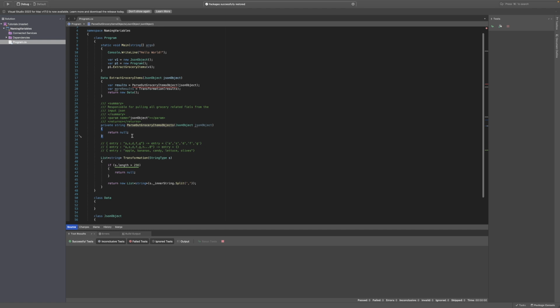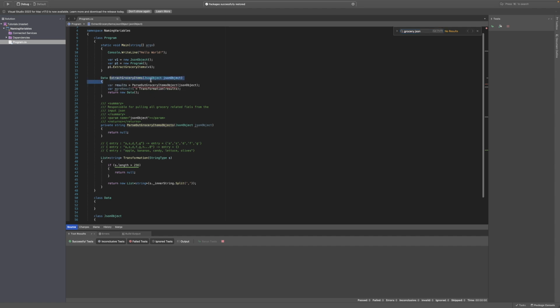And so what that's clueing us into is that, okay, this is probably manipulating the JSON somehow. Once again, we have a nice relationship. This is a very general term, extract grocery items. And this is very nice for someone else that wants to come later, and they're like, hey, I have a JSON object and I need to get the grocery items out. This allows them to quickly do a search throughout our code base. This is just the code search, or the file search, but there's a project search as well, which is not coming up. Okay, whatever. But yeah, it would allow someone to quickly look up grocery and then JSON,